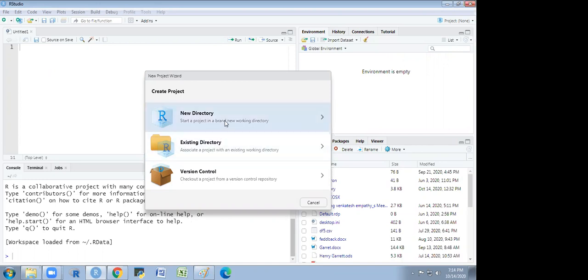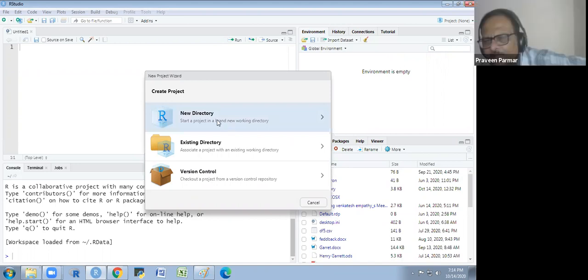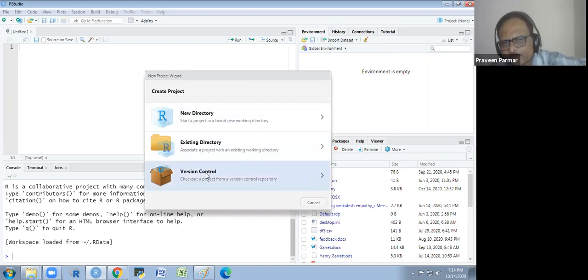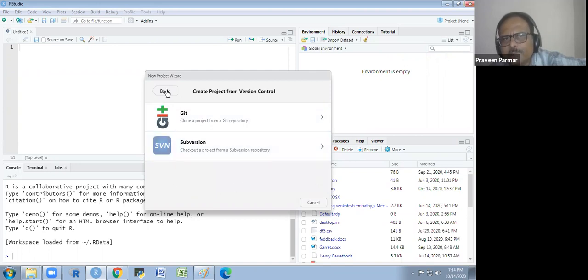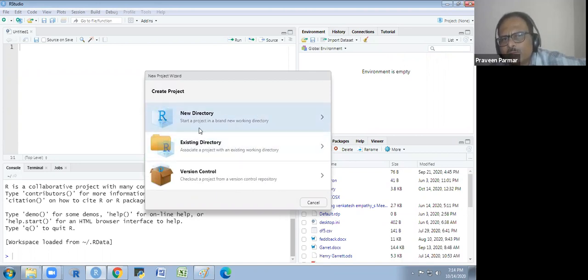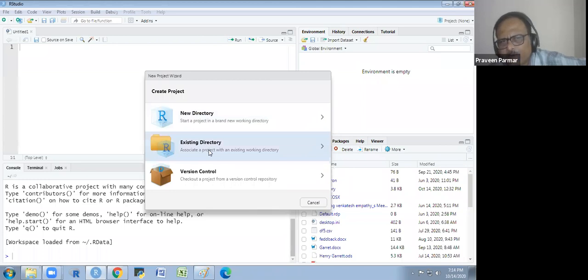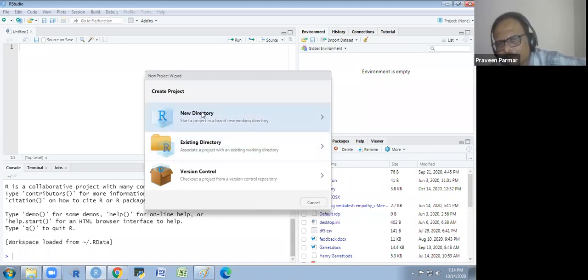Yes. And now there are three options we have: new directory, existing directory, and version control. We don't have to work with the version control, and we will use only new directory and the existing directory. Now I explain you what it means by the new directory and the existing directory.